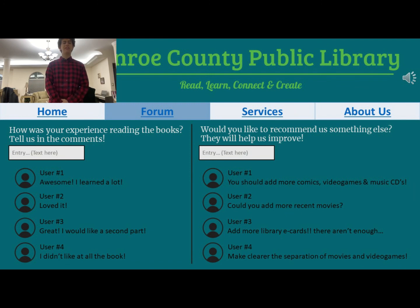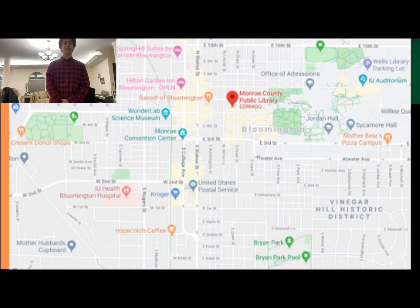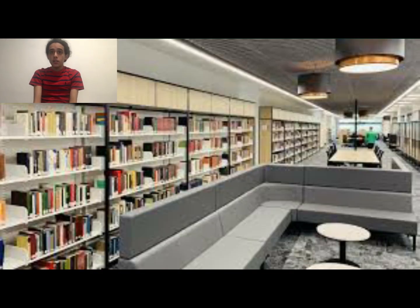There will be different discounts for pregnant women, and the users can discuss the plot of the books in the different forums that there are. Added to that, in the About Us page, pregnant women can see where the closest hospitals, restaurants, banks, and parks are available. But the main characteristic of the CRA is that aside from requesting a book, some drones,